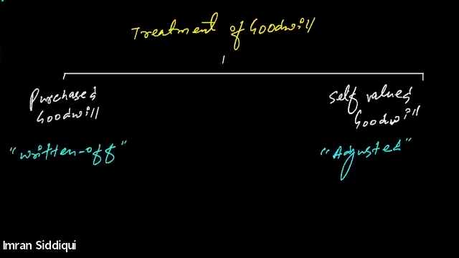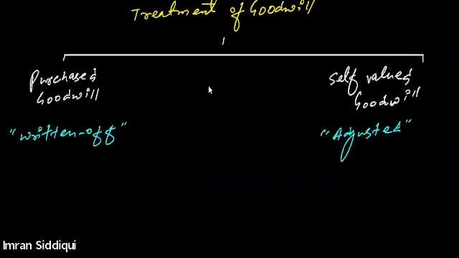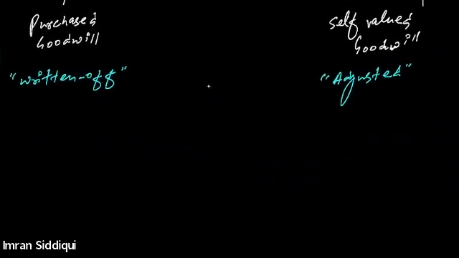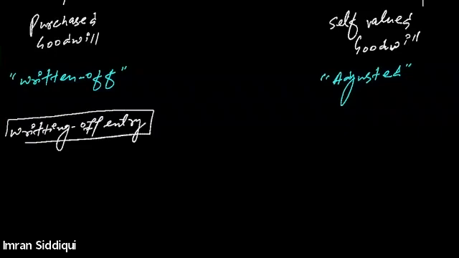Yes, sir. Okay. So when we talk about the purchase goodwill, since it needs to be written off, we need to pass the write-off entry. We need to write down the writing off entry. The journal entry in this case will be done, and the write-off journal entry is simple. To write off the goodwill from the books of account, the journal entry will be, since I told you that